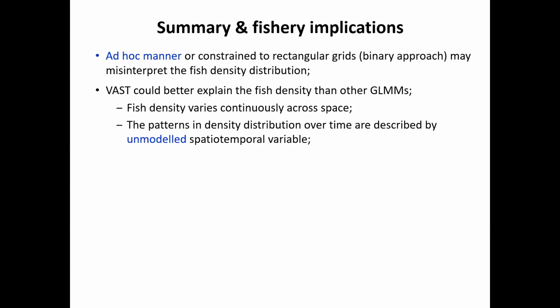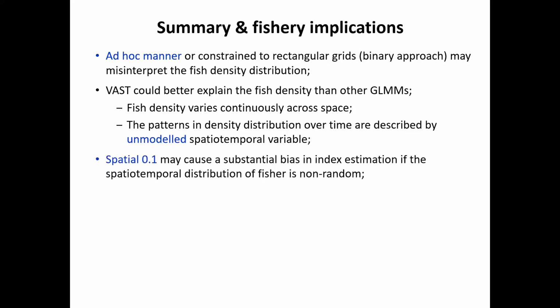Okay, so I'll provide some summary and the fishery implications of my study. According to the real fishery data and the simulation analysis, the ad hoc manner and the binary approach may not reflect the fish density distribution. But the Bayesian model can better explain the fish density than the other GLMMs. This is because the fish density can vary continuously across space, and the pattern in the density distribution over time can be explained by the unmodeled spatial-temporal